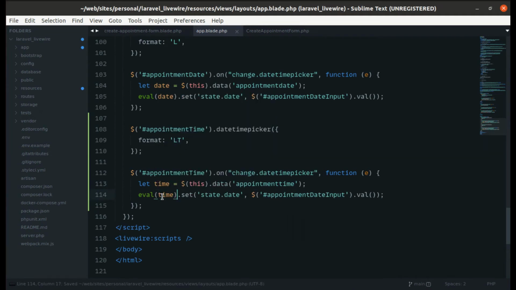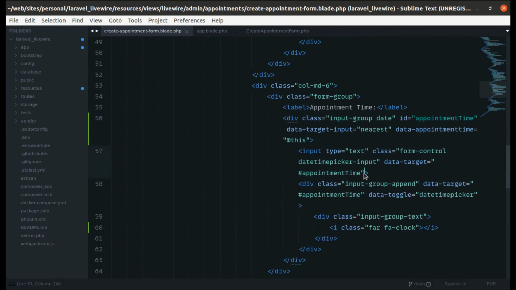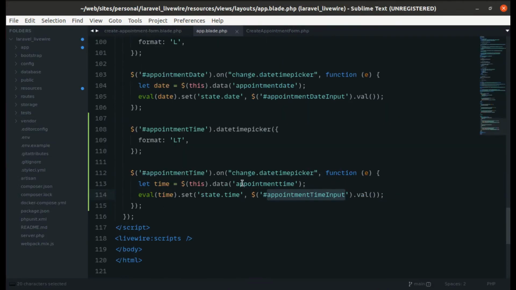Yes, execute that code and set the proxy to state the time to the current value of appointment time input. Okay, so let's create this ID as well. Over here, let's define an ID, appointment time input. Okay, perfect. So now everything looks good.